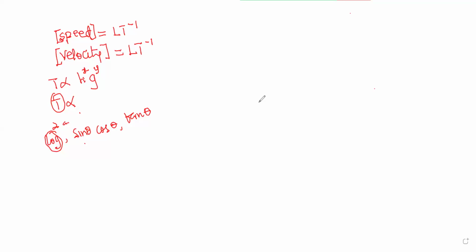Then B is also a simple question. Use dimensional analysis to derive a formula. The period T of a simple pendulum may depend on the length, mass, and so on. It is a simple question. Okay. All right. Question 3. A boat sails 8 kilometers east and then 6 kilometers north.